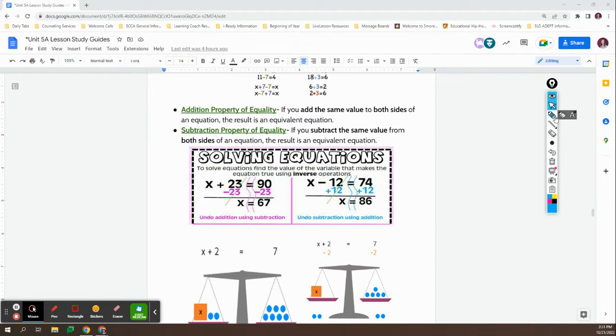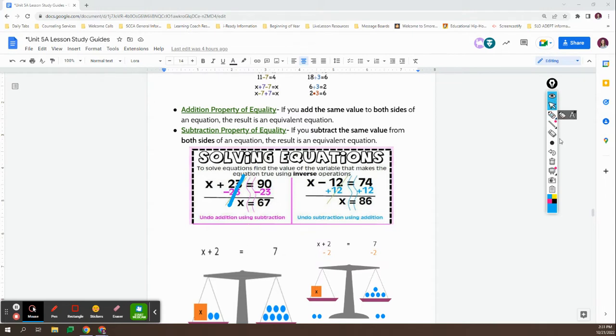So if you look at this example, you've got x plus 23 equals 90. And so we want to know what x is equal to. So what we do is we subtract 23 from both sides and we get x equals 67. So since we had addition, we did the inverse operation, which was subtraction, and we subtracted 23 from both sides to cancel out the 23 on this side and then to have the answer for x on the other side,